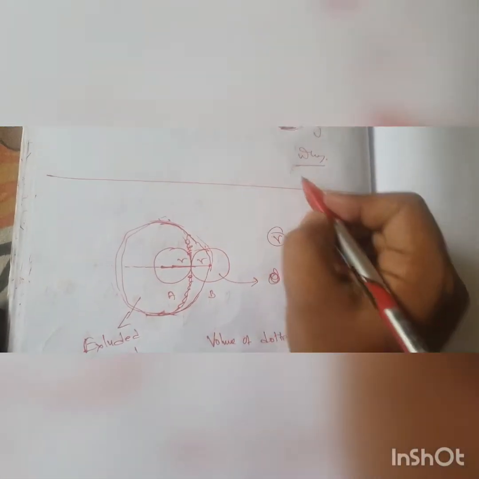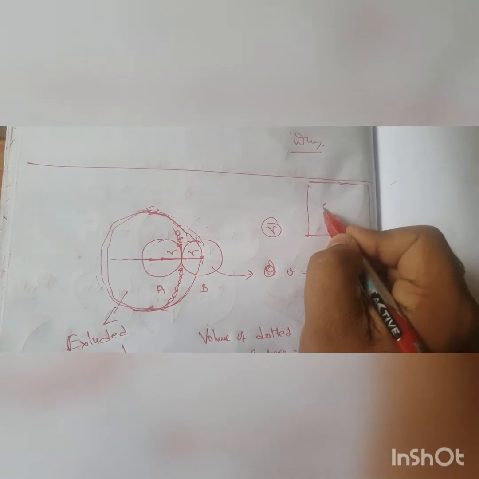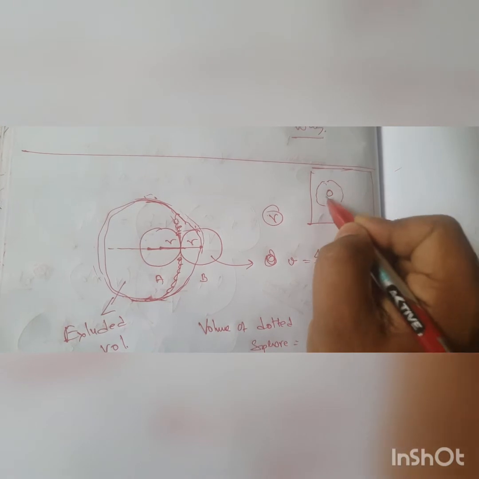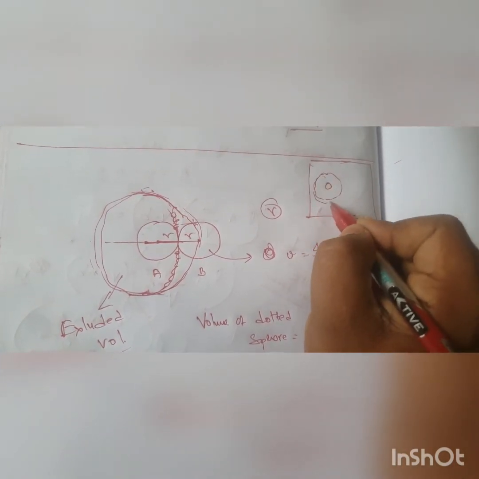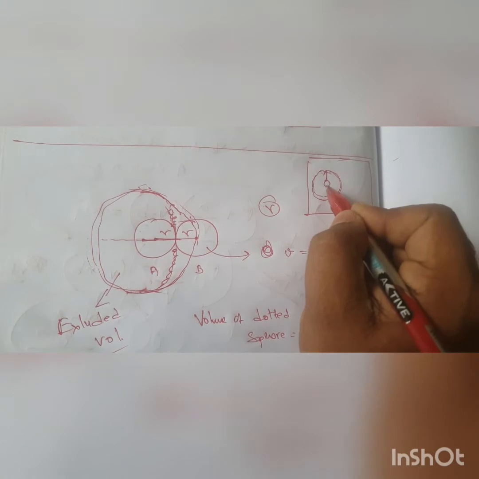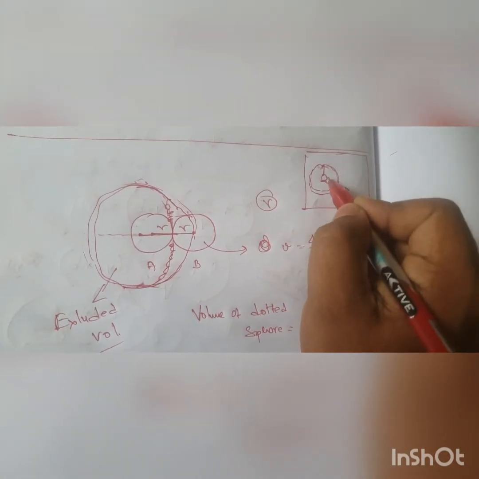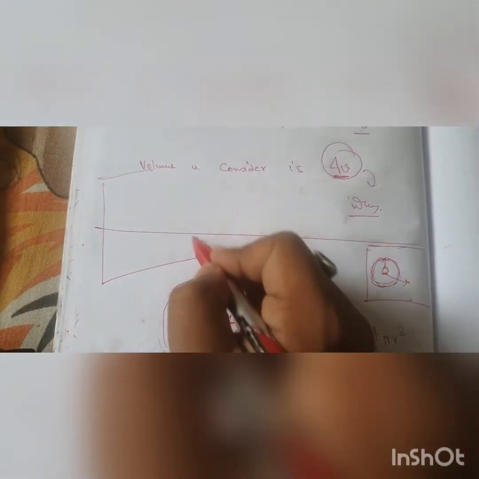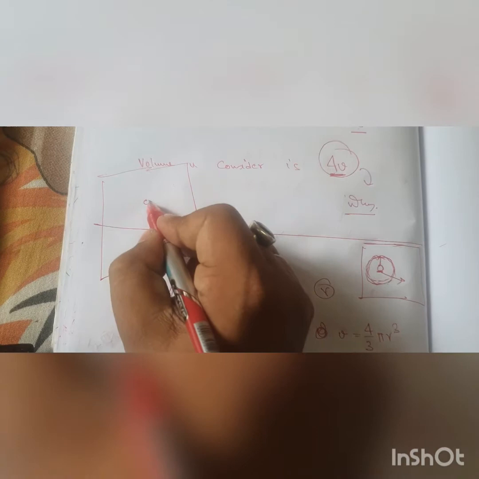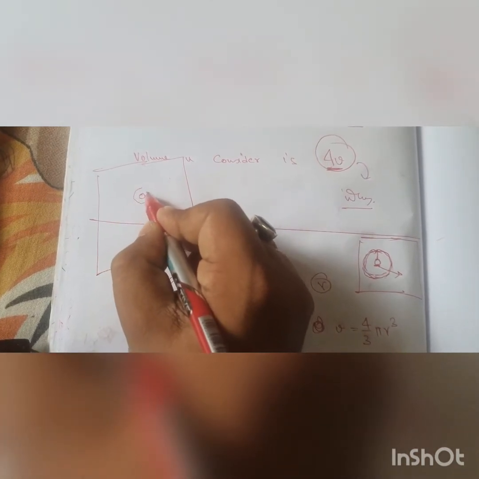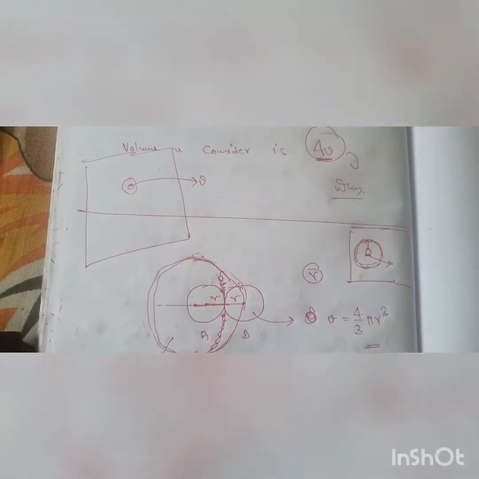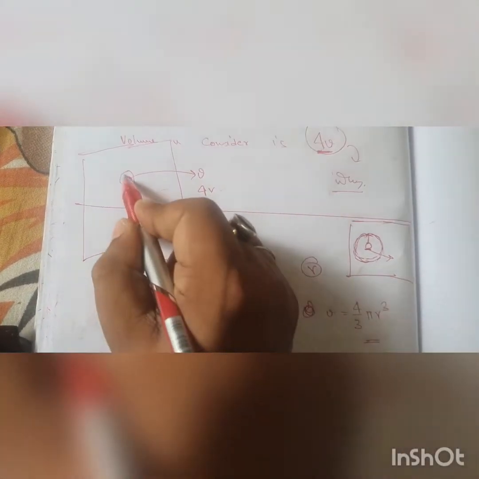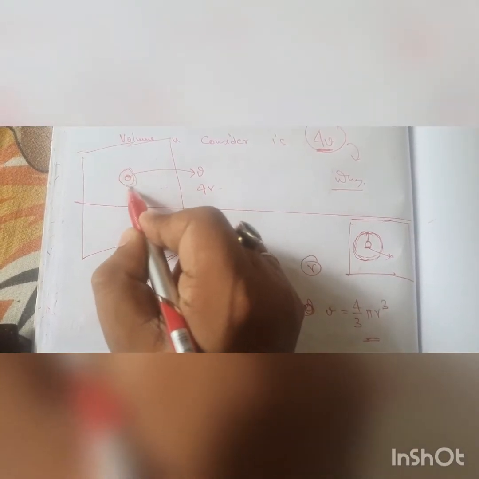Suppose this is a gas and the molecule is moving. It is moving around a particular volume which you will consider, because it is a motion, no? So it will move around a particular volume which you will consider the volume of the motion, the volume of this molecule. Yes or no? Suppose there is a big volume, a big gas, and this is a small one, and you think that this volume is v, small v, but no, actually the volume that you should consider is 4v. Now this entire thing is 4v because it is moving.